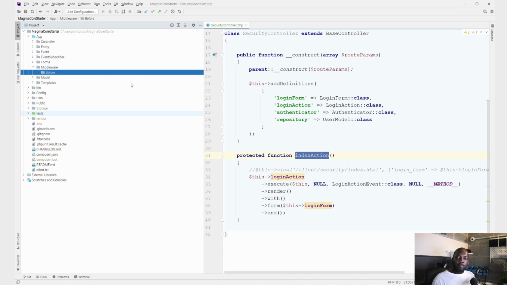right? So we got before and after directory, and what that does is more like an organizing of our middleware files. So we can execute middleware before an action, and we can execute middleware after an action. So all the before middleware, we're going to be putting within the before directory, and all the after middleware we're going to be putting in the after directory. But for the time being, we're going to be creating this one directory for now,